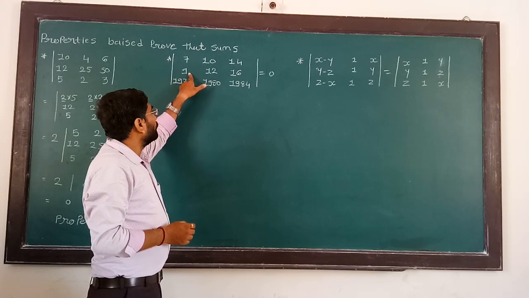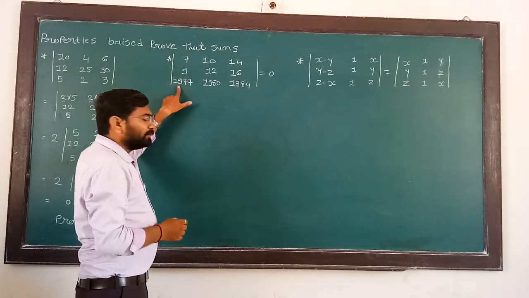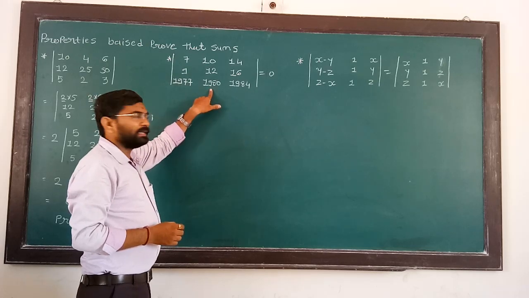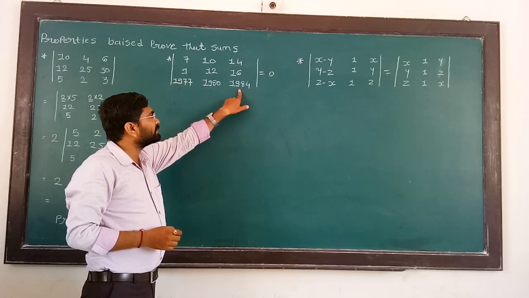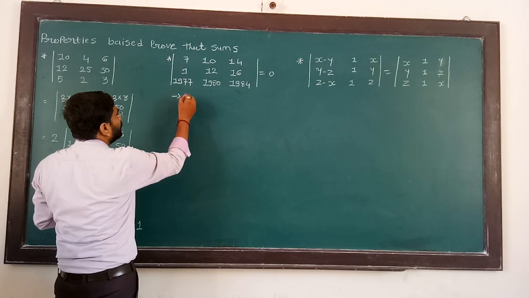Now, in the second sum, see the students, here 7, 10 and 14 is given. In the second row, 9, 12 and 16 is given. Here 1977, 1980 and 1984 is given. Now, here we do